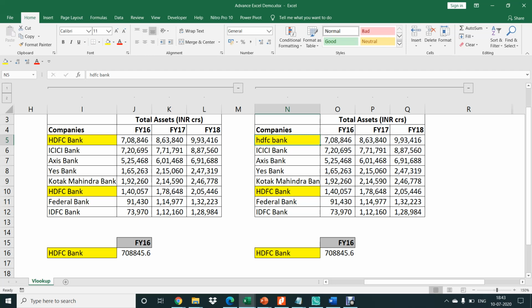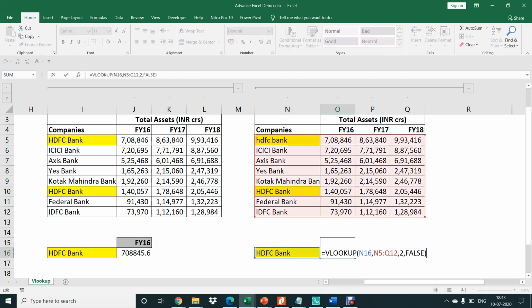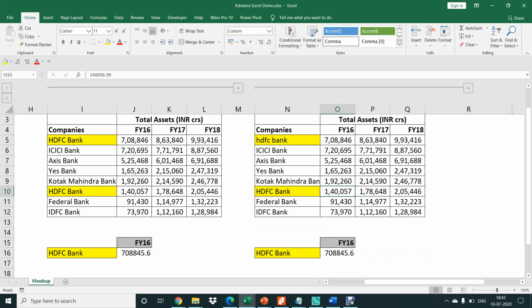Okay. Now let's see, you have this type of data and now you suddenly want to avail this second value. You don't want the first value. So what should you do? If you don't want the first value, you want to pull out the second value for the same data set which we have, what should you do? Now, if you want to pull out the second value from the same data set, you have to first sort your data set.